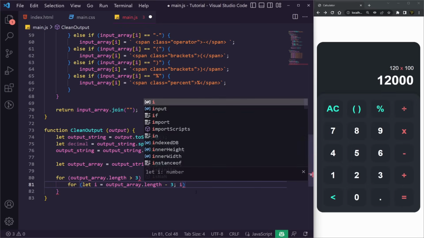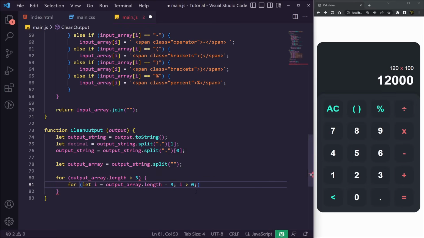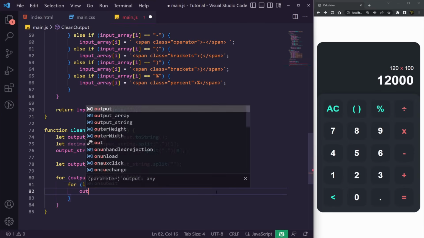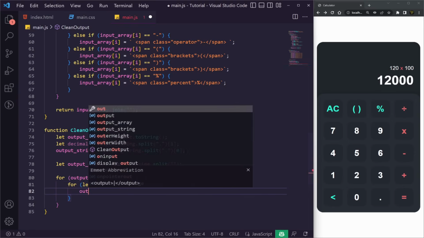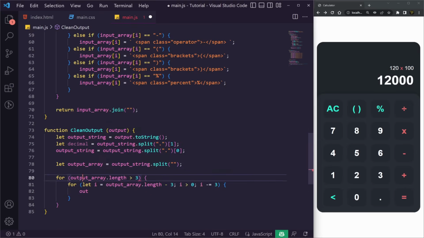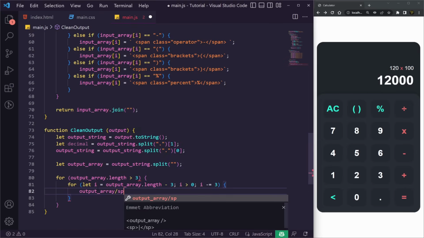And then we say i is greater than 0, i minus equal to 3. So we're going to basically get i is equal to every single third output. So we're going to go backwards through this, because otherwise if we went forwards, then it may look a bit dodgy, and we don't want that. So we now need output array dot splice